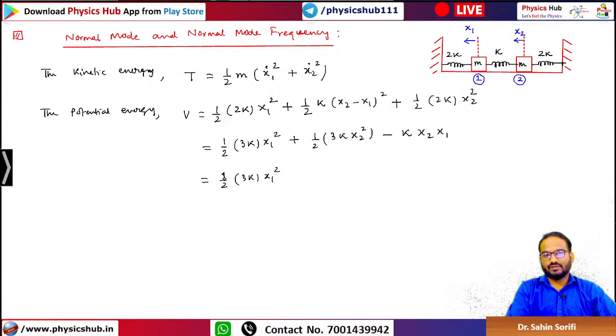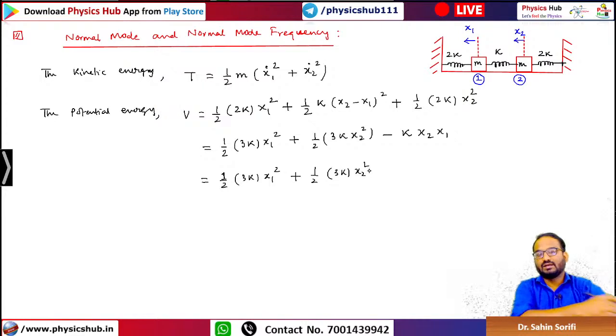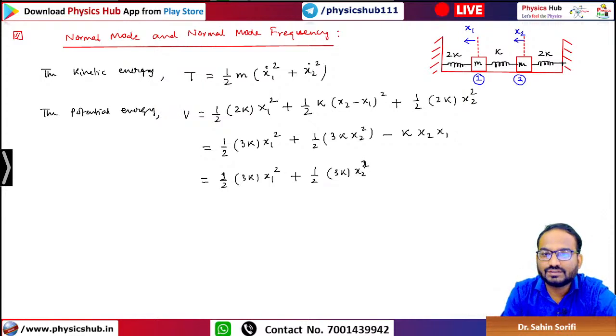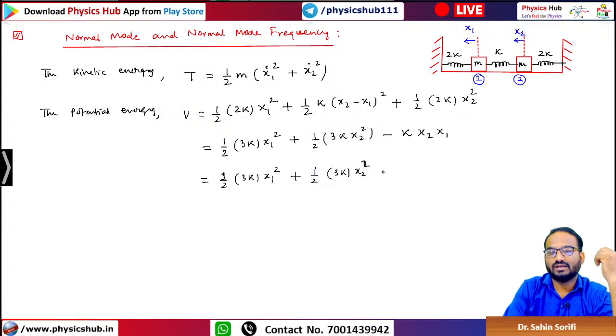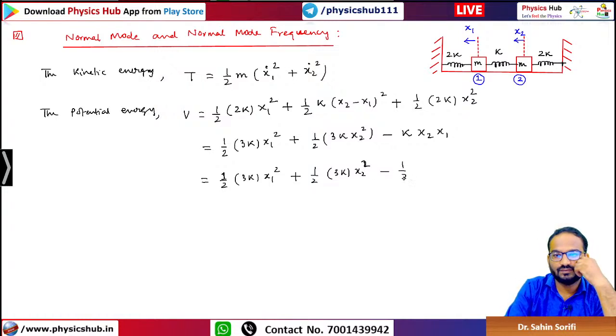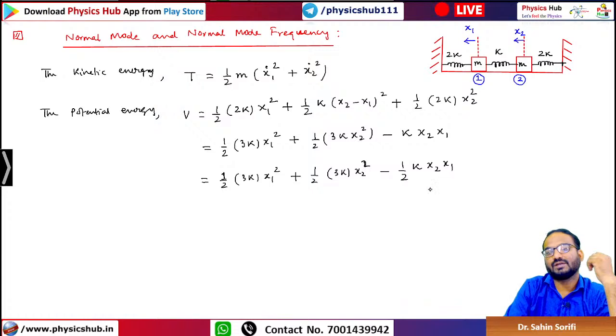So in that logic we have written half into 3k x1 square. We are not writing 3 by 2 k x1 square. Actually it is the same thing, but this will help you to write the matrix: half times 3k times x2 square. Now for the cross terms, we can write half minus half into k times x2 x1, minus half into k times x1 x2. Okay,